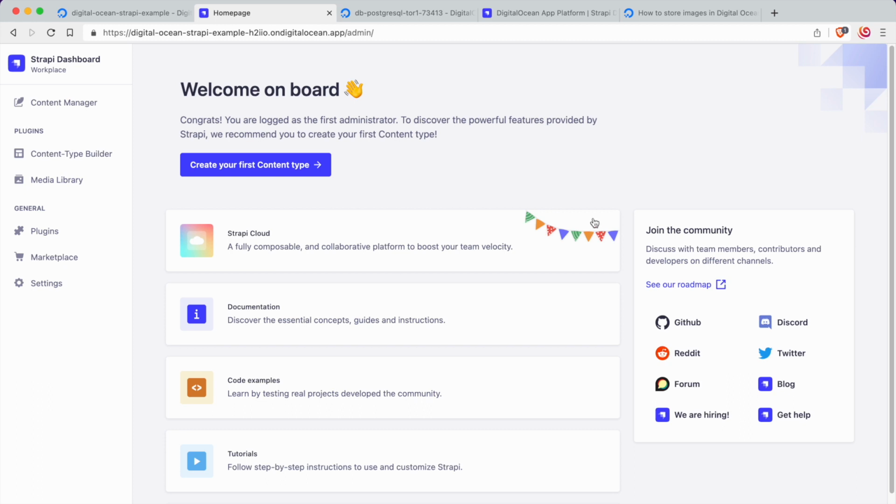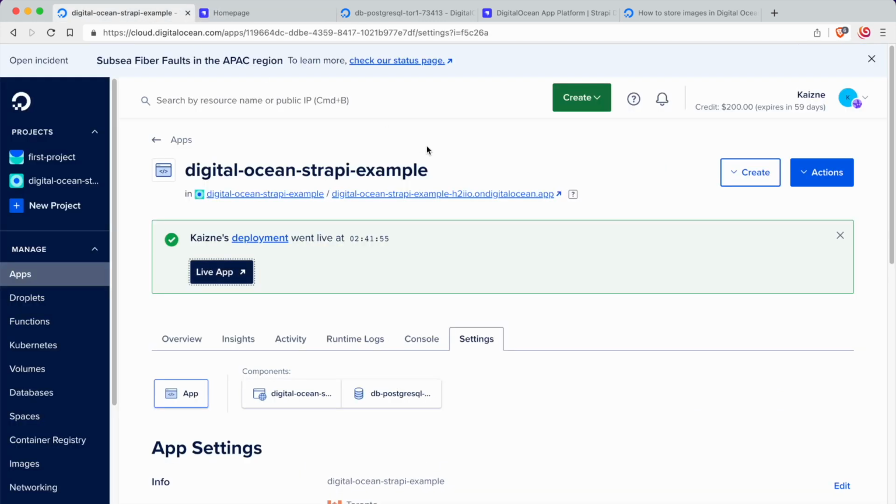So yeah, okay, now we're in. So this part's working properly. So now the final step is just setting up DigitalOcean Spaces. You may be wondering why we need DigitalOcean Spaces for the images and the media, and why not just use the managed database that we use. So the reason for that is actually